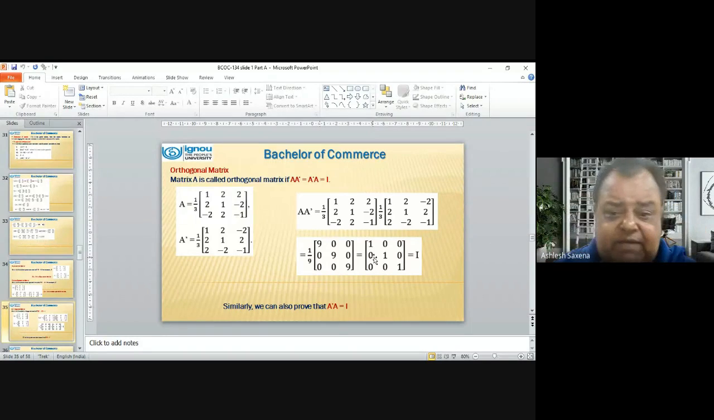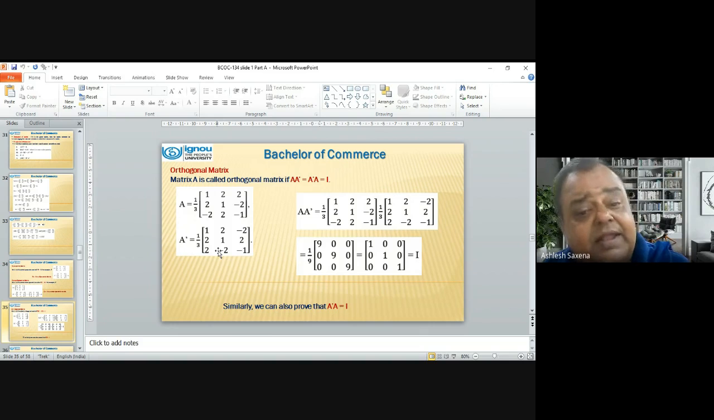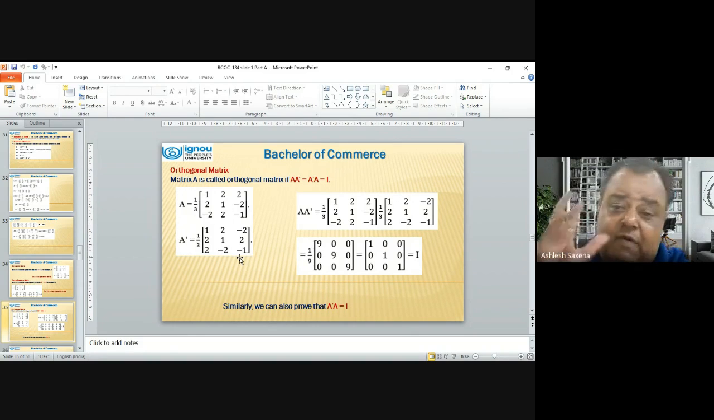Now secondly, we can also prove that if A transpose is multiplied by this. Here we have multiplied this by this. Now the second case, this will be multiplied by this. Again, when we will be performing this activity, you will be getting,